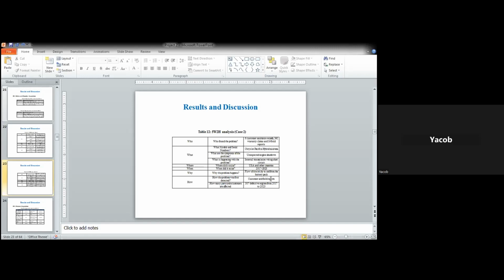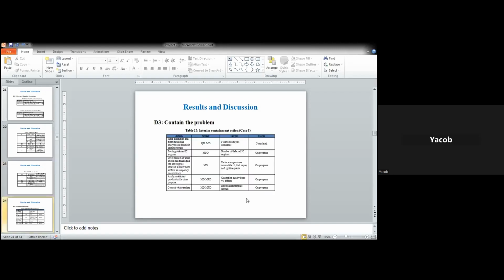Electricity to and from the battery pack has a problem. So how was the problem reported by customers in the field? How many customers are affected? Around 307 defective engines from 2017 to 2023 are reported. So once we define the problem,